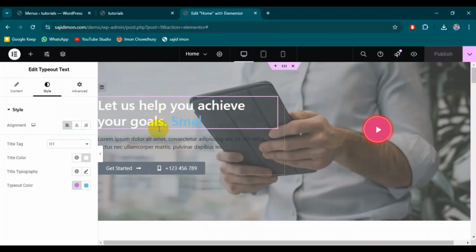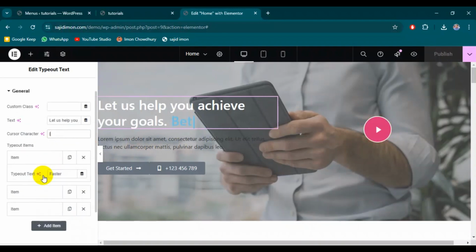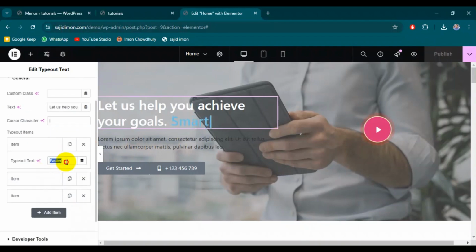Also we can change the text. Like if you want to change the text, click content. The text says "achieve your goal smarter, faster." We will change it to "better, smarter,"